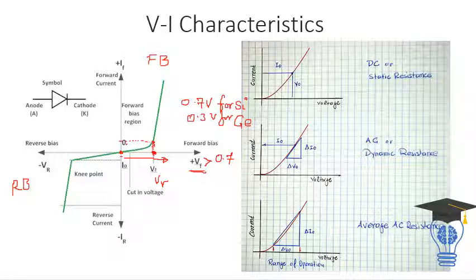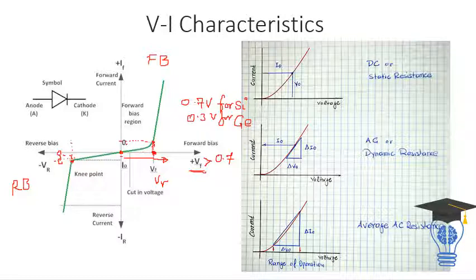In the reverse bias condition, the negative terminal is connected to the positive of the supply and the positive terminal is connected to the negative of the supply. The diode is said to be in reverse bias and there is no current flow because the junction is going to widen. Even then there will be a small amount of leakage current, which we call the reverse saturation current.